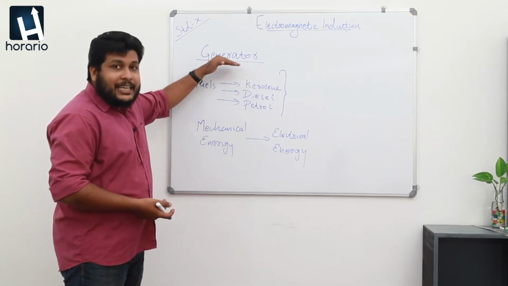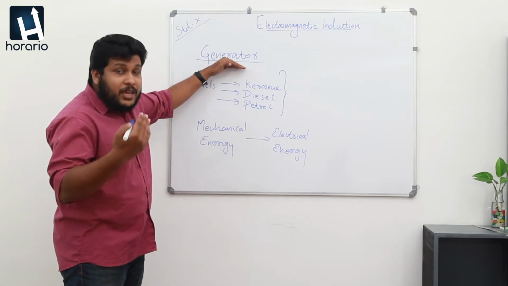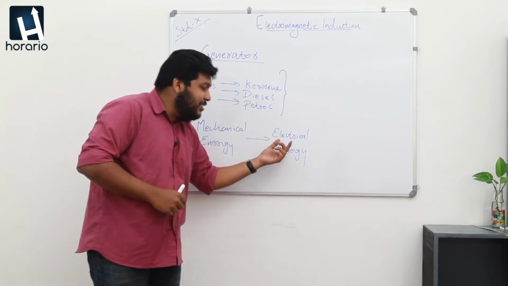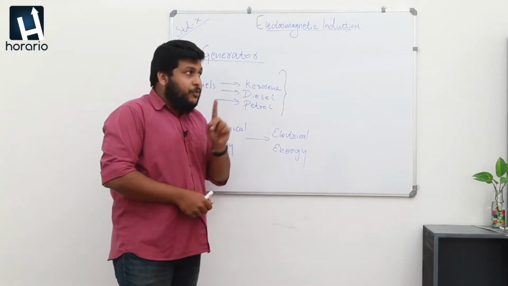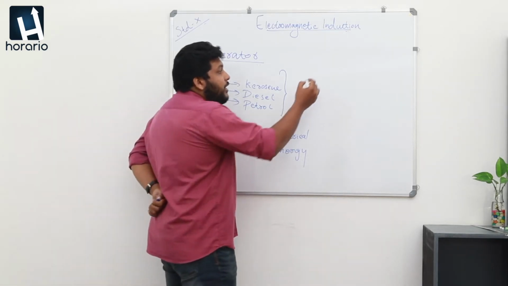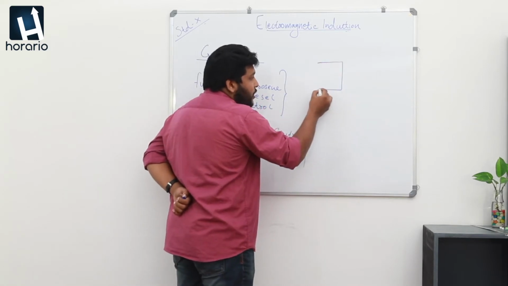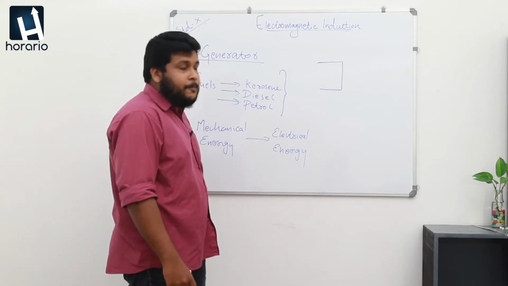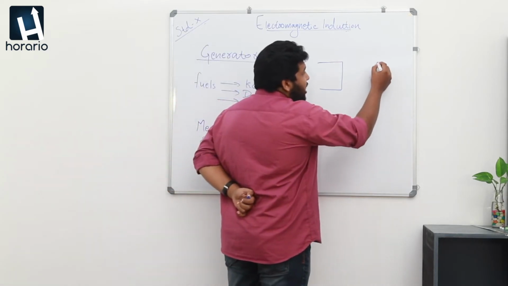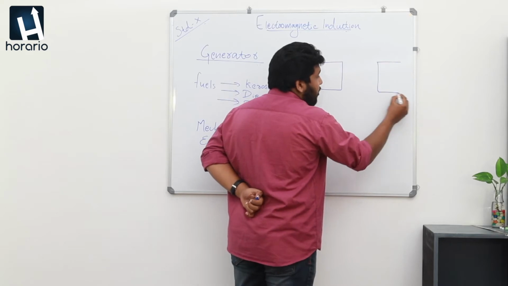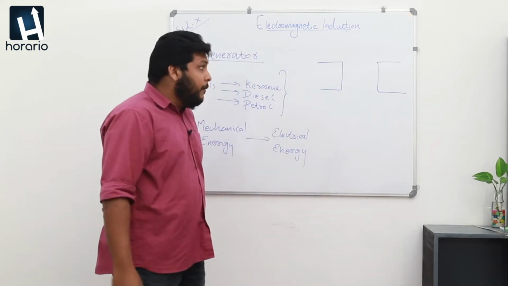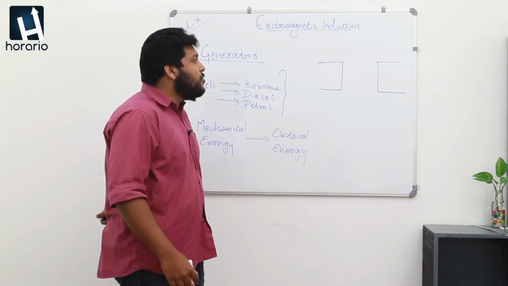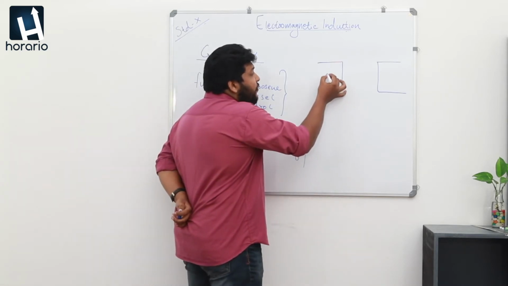So how is the generator possible, or how do we produce this electrical energy? For that, we want to look deeper into this section. For this, I am drawing a schematic diagram of a generator. It's a rough schematic diagram, as given in your textbook. So everyone, listen to this portion. It's a very important portion. So I placed a field magnet.